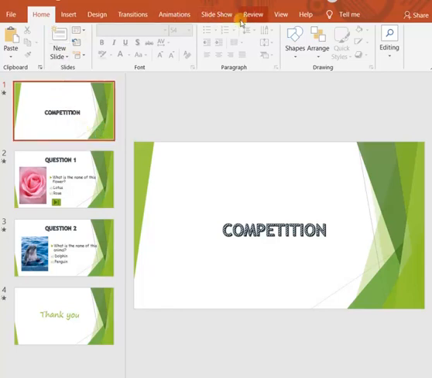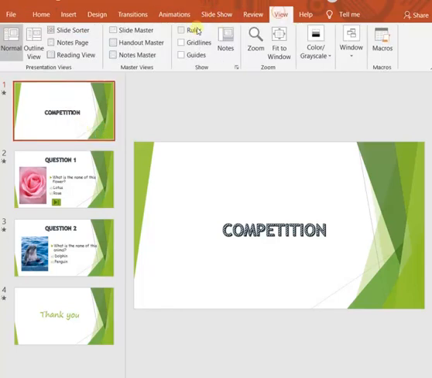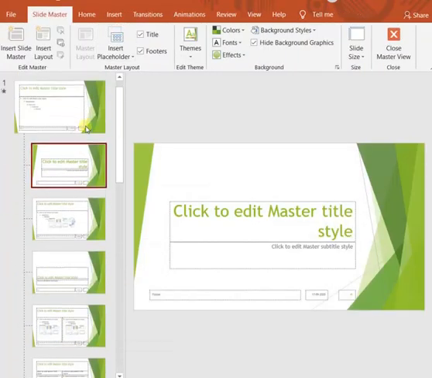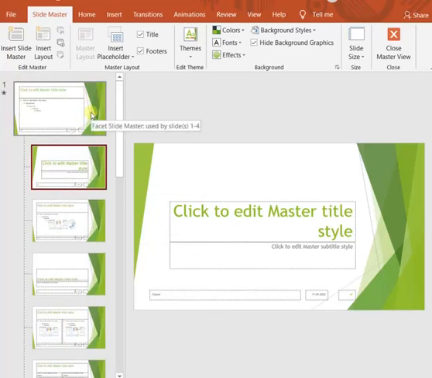When we go to the slide master view and we get a lot of layouts in the left side, there the first slide is called the slide master, not in our presentation, but in the slide master view the first slide is known as the master slide or slide master. So it contains all the common information for all the slides.